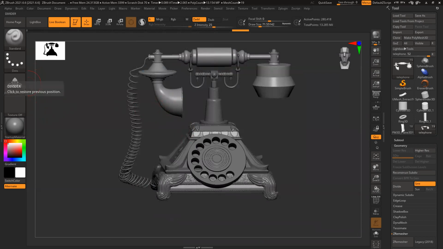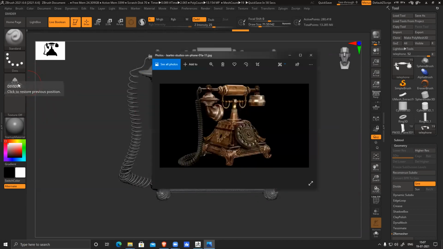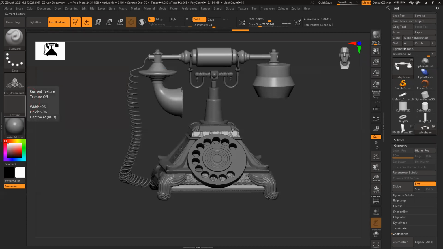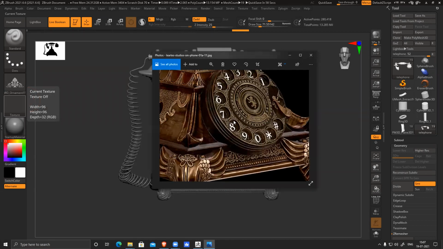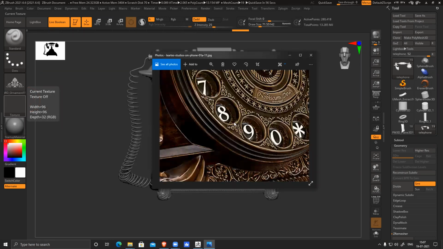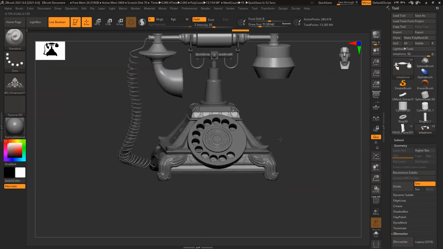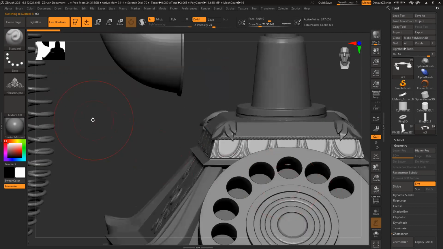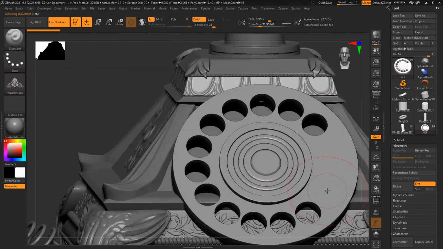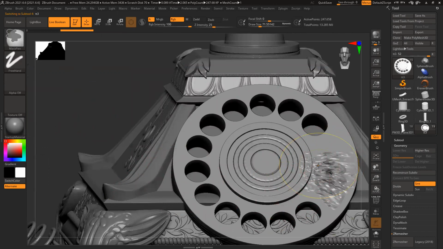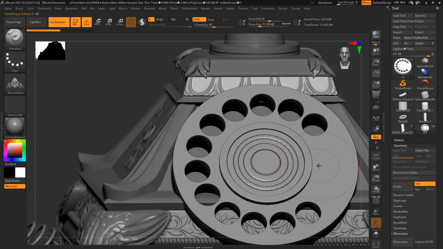alpha. This particular design is kind of similar to this design, so I just have to use this. If I try to work on it, you can see you have to increase the poly count. If I want to drag like this, it won't work because the poly count is not enough, because it's a really intricate design and you need a lot of polygons for that. So the manual way is not recommended.